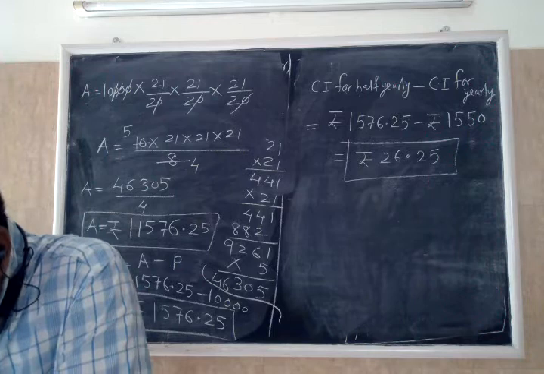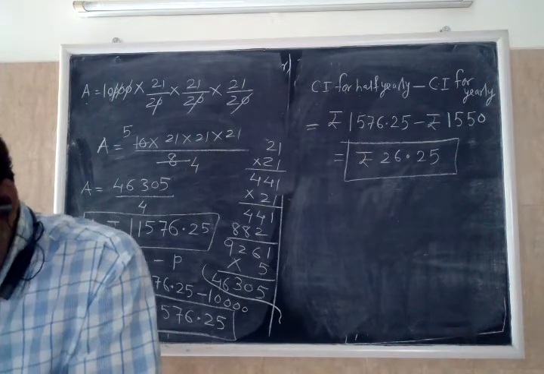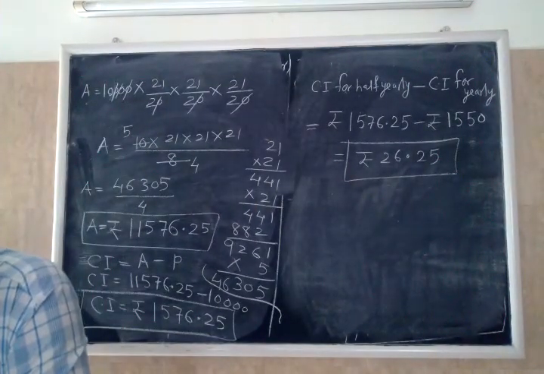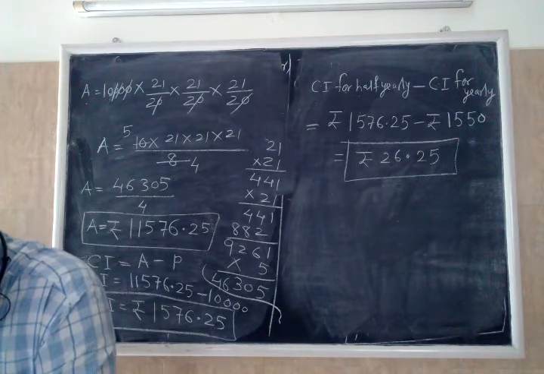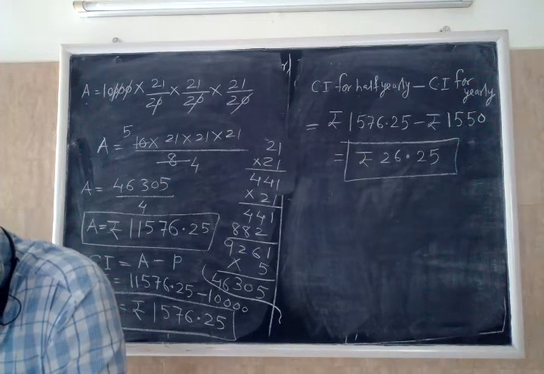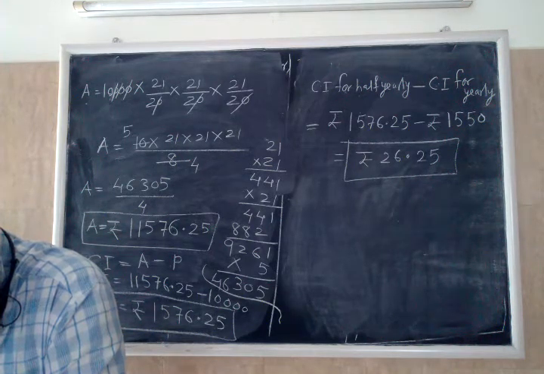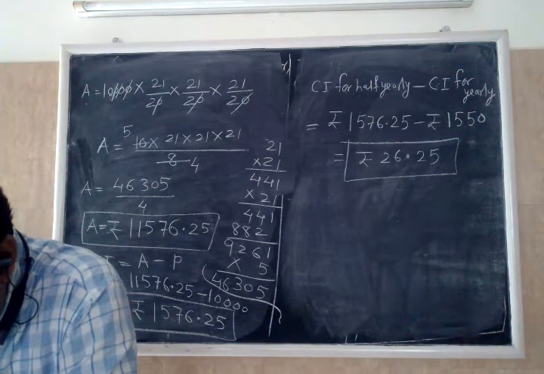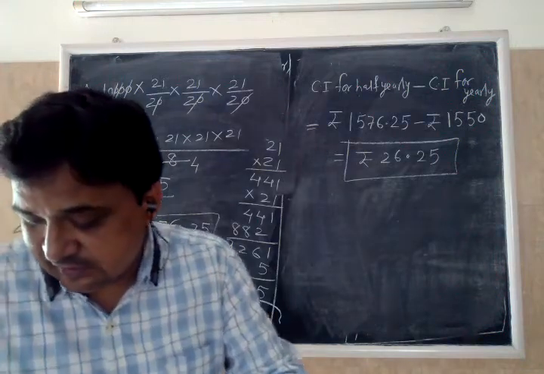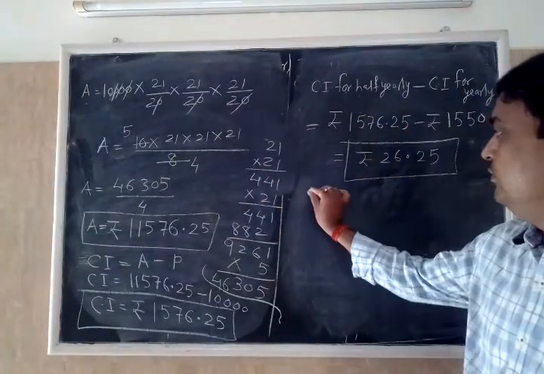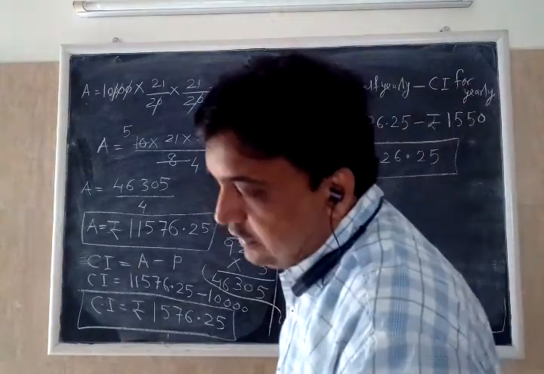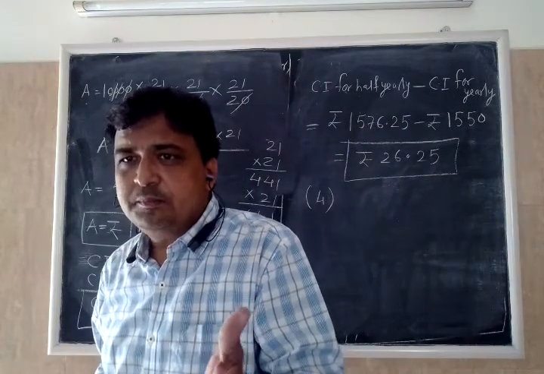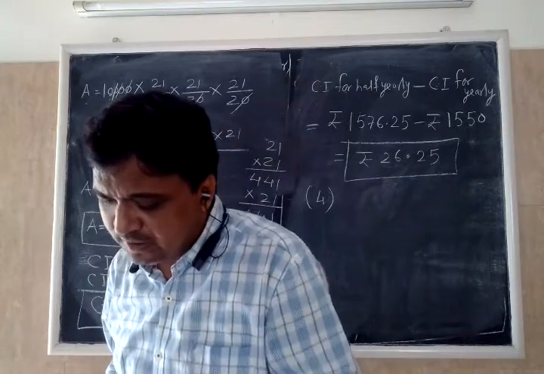Now do the fourth one. All of you do the fourth one. The third is omitted. Now do the fourth one. What sum of money will amount to rupees in 1.5 years at 10% compounded half yearly? Again it is the problem of half yearly. Whenever it is yearly, we have to identify whether it is completely yearly or yearly but mixed. But whenever it is given half yearly, directly use the formula.